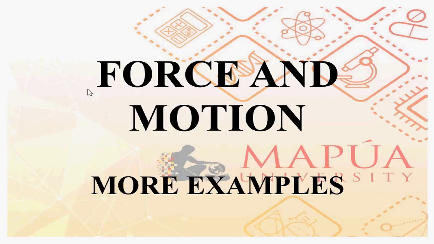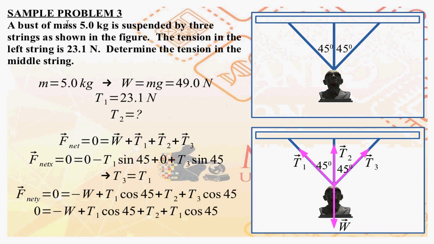Okay, going now to the last part of our discussion on force and motion. Let's have a couple of more examples. Sample problem number 3. You have a bust of mass 5 kilograms suspended by 3 strings as shown here in